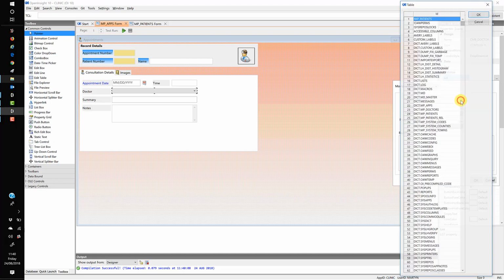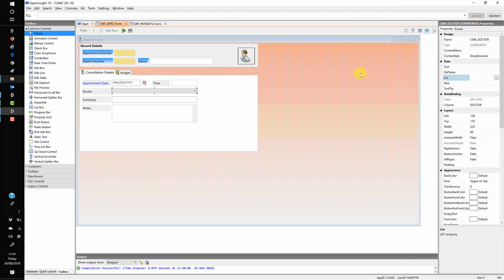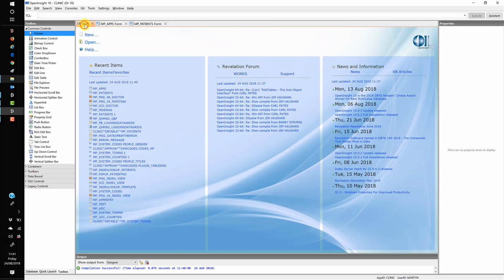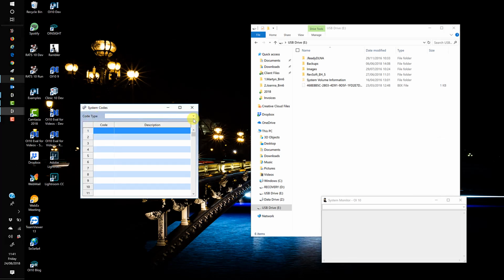So the table name that we want. Okay. What I'm going to do, let's just cancel out of there for the moment. And we'll go start, system codes. You remember we had this system codes window that we built. Well, in here under code type we got people, gender and titles. So what I'm actually going to do here is to add a new one in